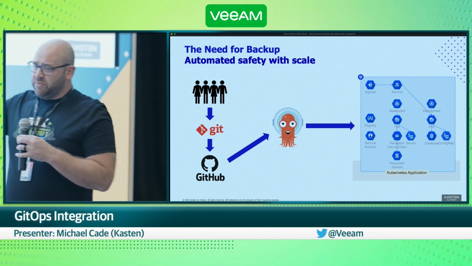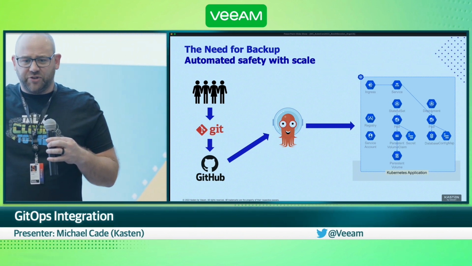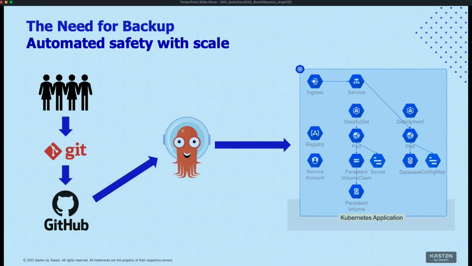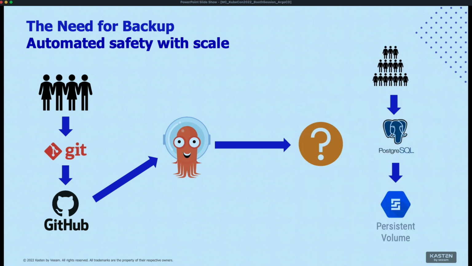So if we think about this, we probably have a group of platform engineers, infrastructure admins, sysadmins. We're all called very different things, right? And we might have our application stored maybe off the shelf. In this instance, I'm going to be using a MySQL, I think, maybe a Postgres database, and the whole application is stored in Git and then in GitHub as a repo. I'm going to use an open source tool called Argo CD, which then deploys my Kubernetes application into my Kubernetes cluster. Actually, I think this is using EKS as a cluster. Now, that's fine